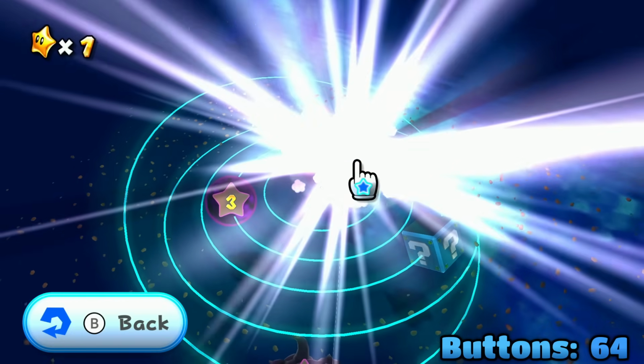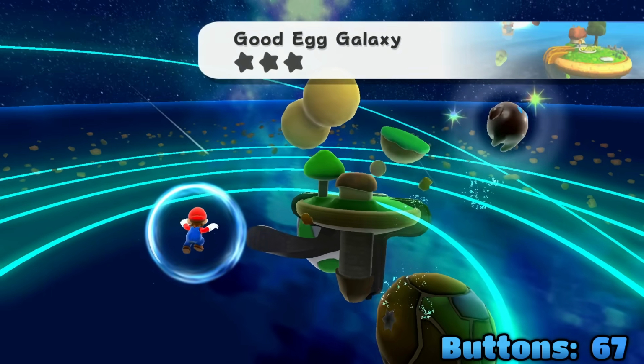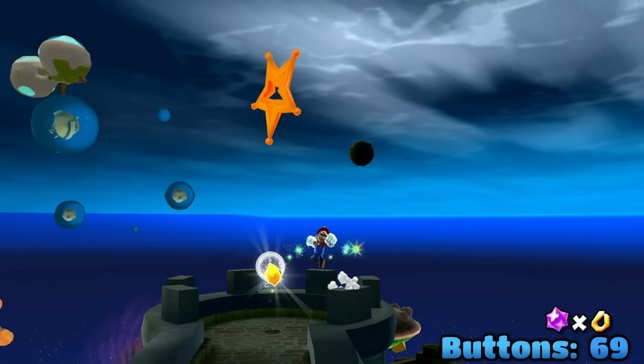We unlock the Good Egg Galaxy, select it, and the Luma continues to speak, costing another 2 inputs. We fly to the galaxy and select the Dino Piranha star. Once landed, we get on top of this railing, walk along it, and then bounce on this Luma to get